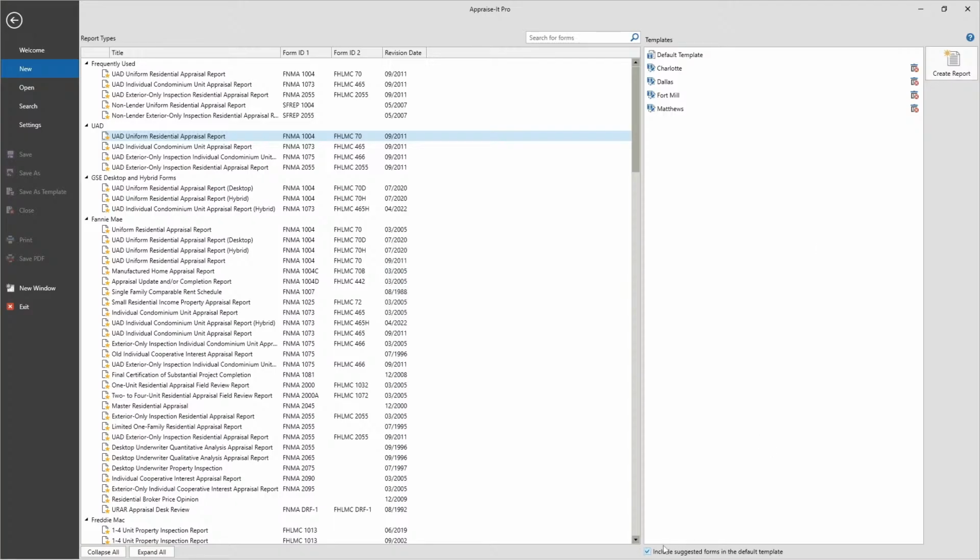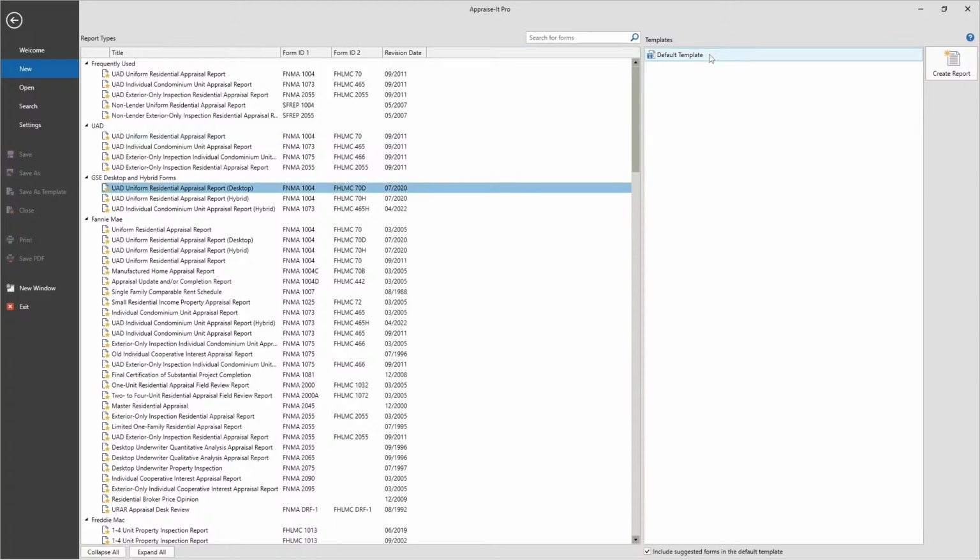Now there's a little checkbox down here at the bottom you may have noticed. It says include suggested forms in the default template. So what this means is that when this is checked, and it's checked by default, when you open up the default template, which is always the one up here at the top, so if I go to some random one, you see it's always got a default template up there, then when you open this default template by either double clicking here or double clicking here,